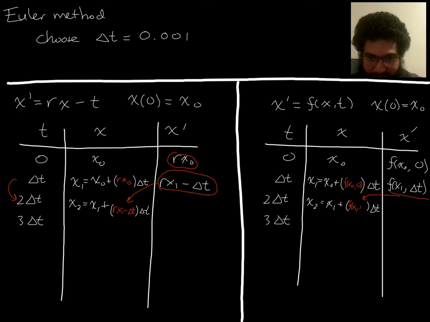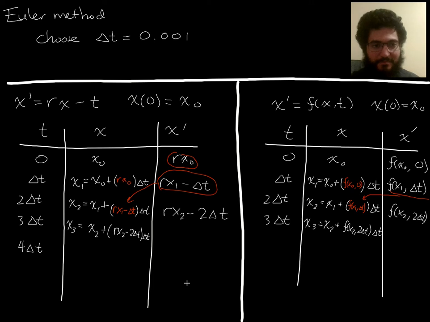F of x1, delta t. And then we keep going. So let me just pause the video, fill out the next one, and unpause so you don't have to sit through it. All right, so I filled it out here. So the next x prime would be x prime evaluated at